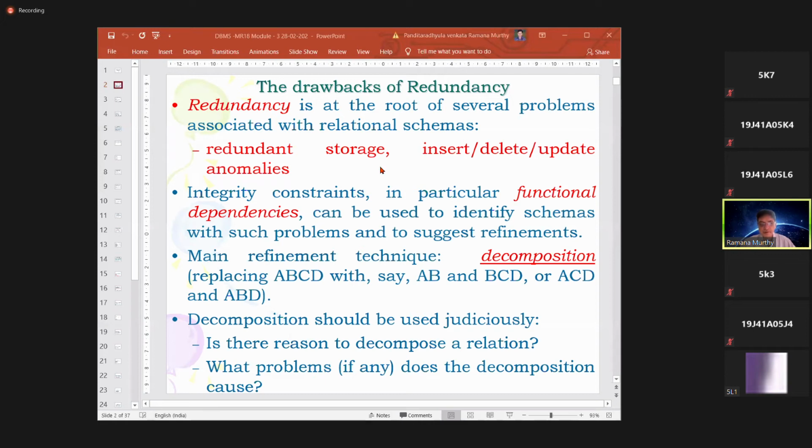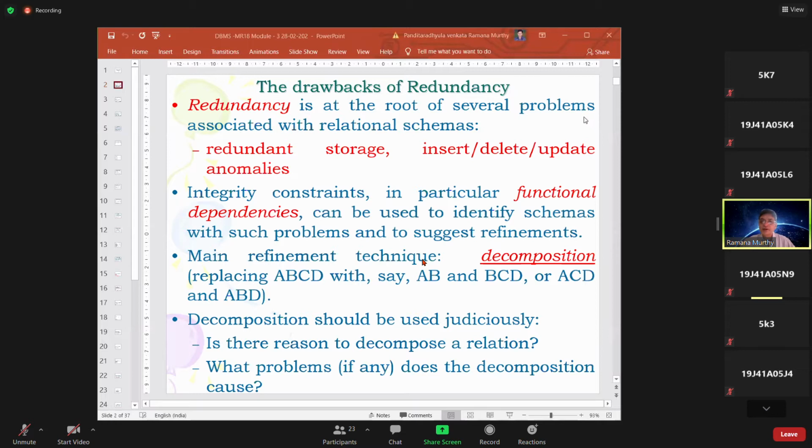Itself based on the integrity constraints, where we are maintaining the primary key, foreign key, and various dependencies. We call it functional dependencies. I will explain what the meaning of functional dependency is, mainly to avoid redundancy and inconsistencies. Clear? Of course, we have one more method to eliminate the redundancy and inconsistencies in the next module